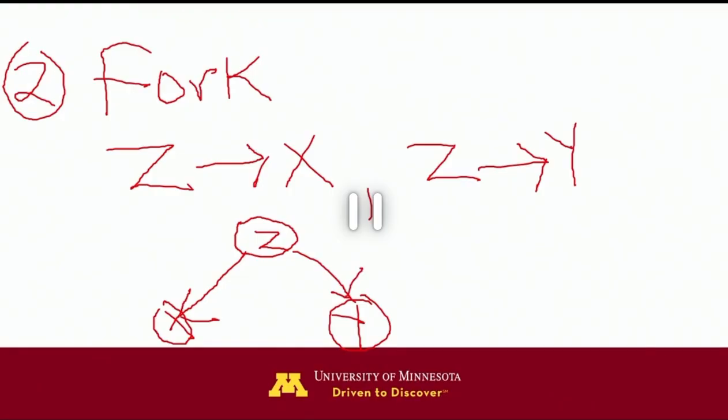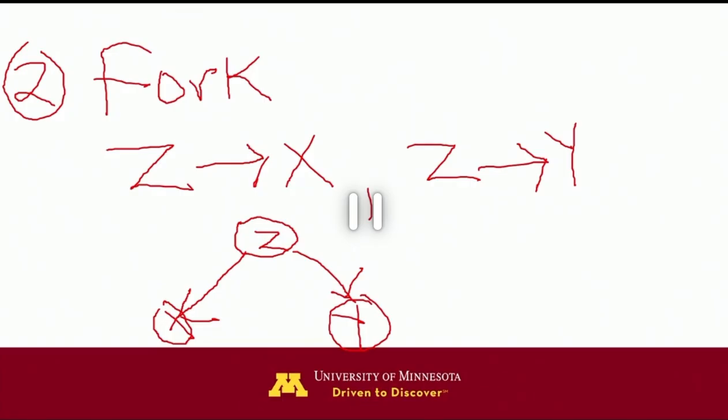Z causes X, Z causes Y. When Z causes X and Z causes Y, that very Z is a common cause. A common cause can create a relationship between X and Y, and when you condition on the common cause, it will remove the relationship. So what I'm trying to say is X and Y will be independent